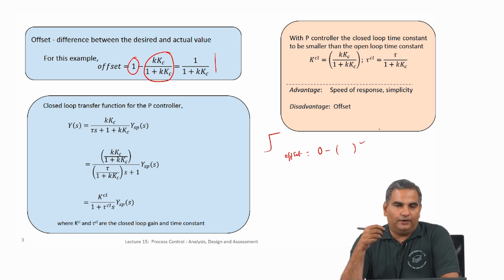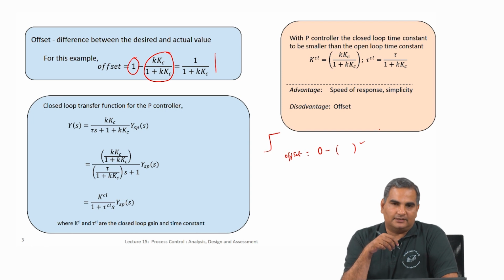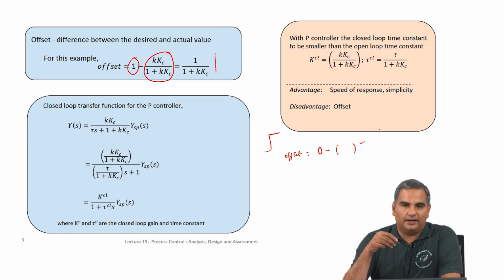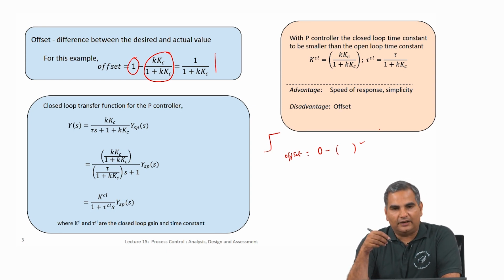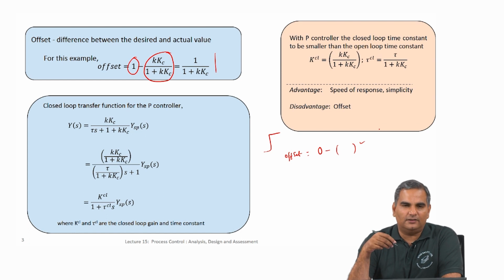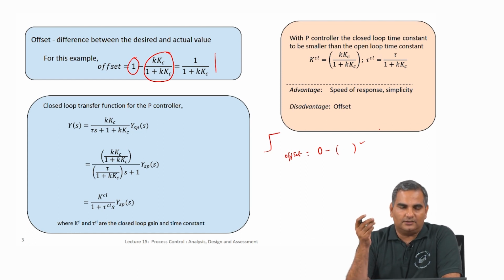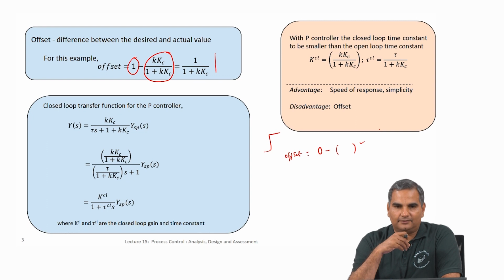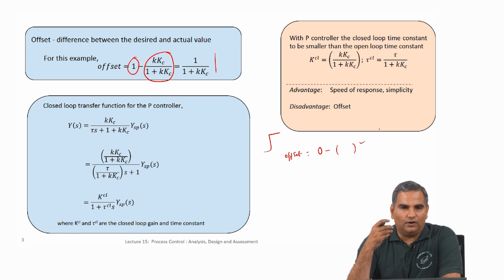Now, while we talked about these performances in terms of final values, whenever I give a step change in set point, I want the final value to be 1, and whenever there are disturbances, I still want the final value to be 0, and so on. So, these are metrics which are static or steady state metrics, but what we also want to